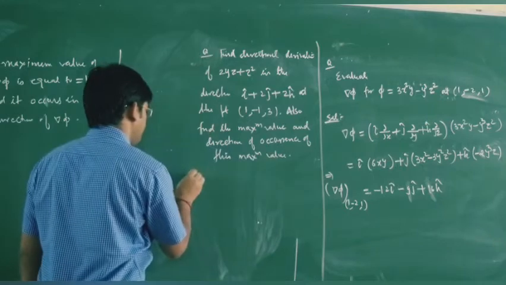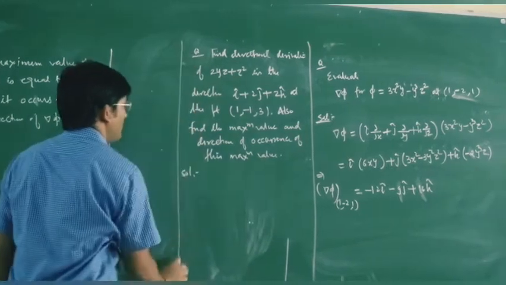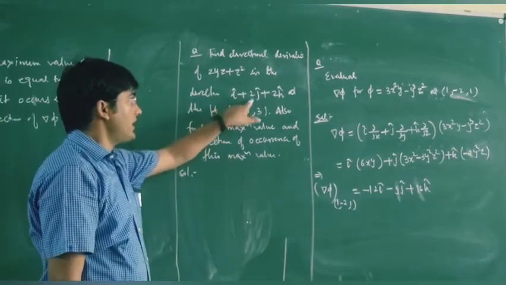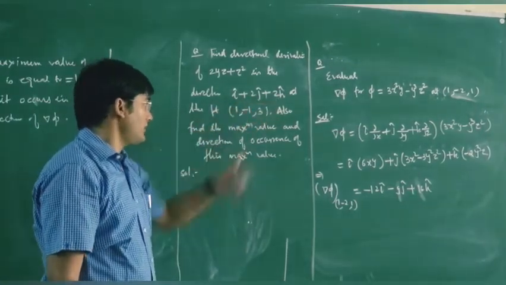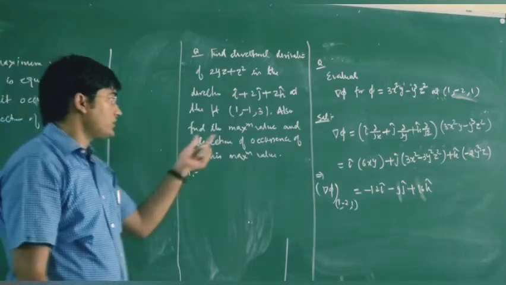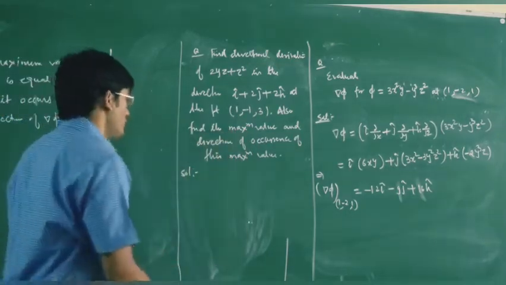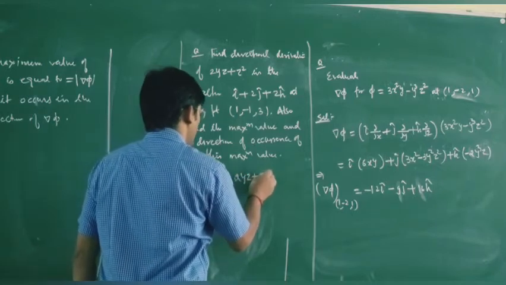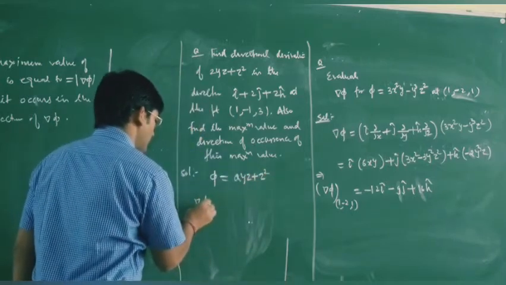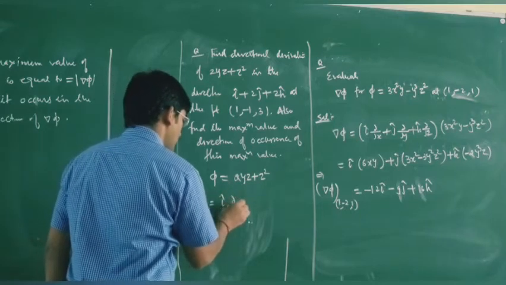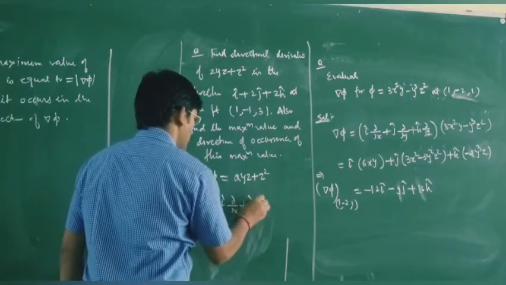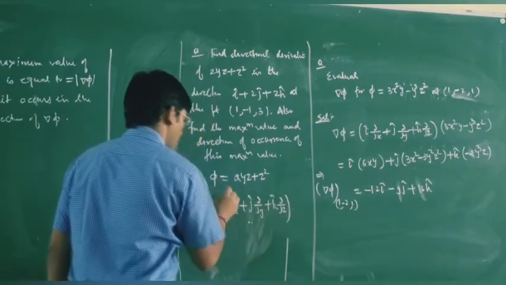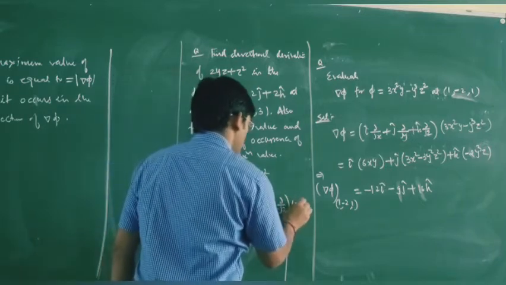So solution, here we have to evaluate the directional derivative in the direction of I plus 2j plus 2k at this point, and then we will try to evaluate its maximum value. So let us consider phi equal to 2yz plus z square. So your grad phi will be equal to I del upon del x plus j del upon del y plus k del upon del z of phi, and your phi is 2yz plus